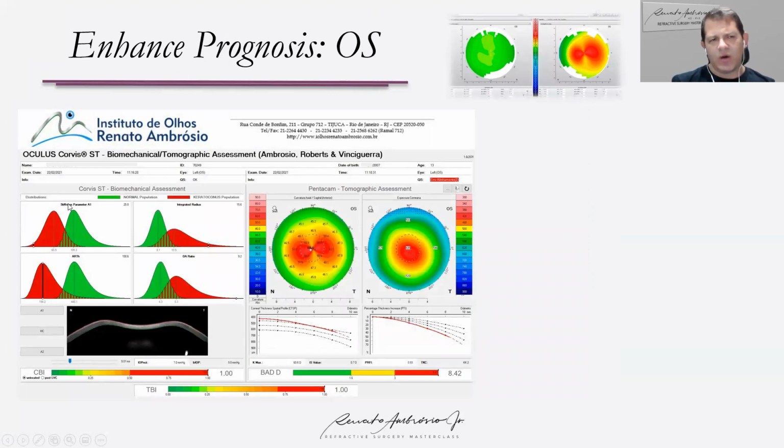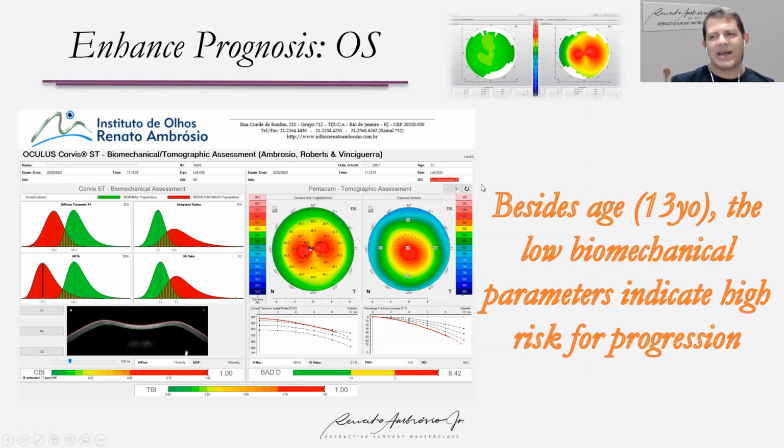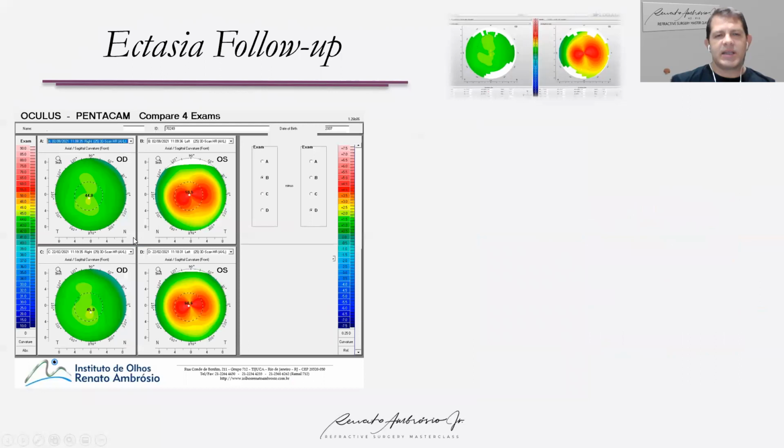This has a very low stiffness parameter at the first applanation moment, and this would be a very important sign of a high risk for ectasia progression, because it tells us that the cornea is very weak. And interestingly, when the patient comes back 6 months later, you see a reduction of Kmax. You see a reduction of Kmax, but if you compare